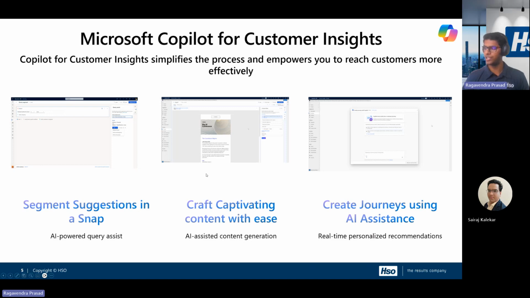Lastly, create journeys using AI assistance. So we can now write the journey goals and objectives in natural language and let Copilot create real-time journeys for us. Copilot analyzes our intent, offering insightful suggestions for touchpoints, transitions, and milestones, resulting in a more efficient and creative